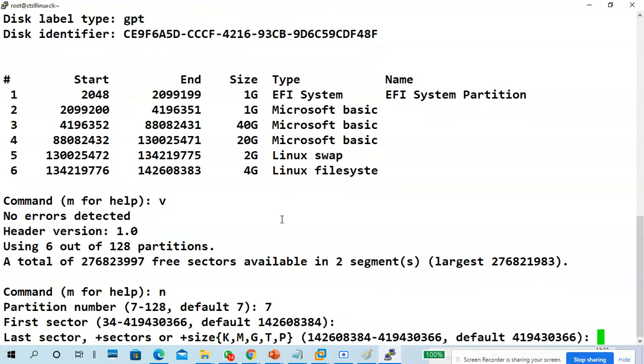Now I want to create a 2 GB partition. Plus 2G. Very good. Sir, it is not asking for primary or extended first. This is a GPT, so no primary, no extended, no logical; all 128 partitions you can create.